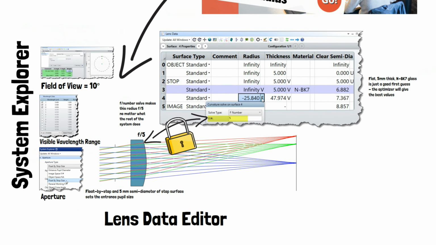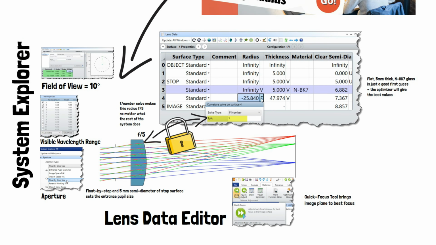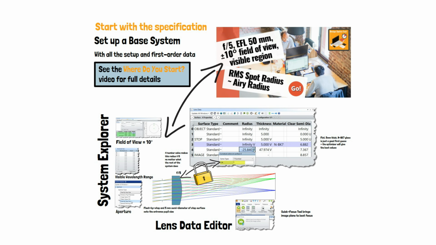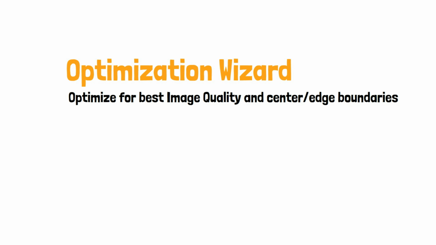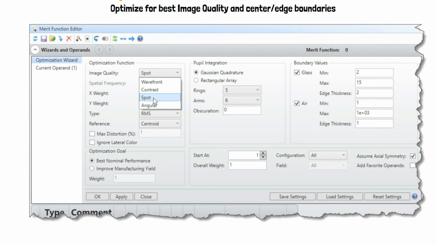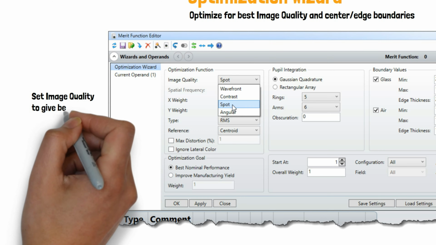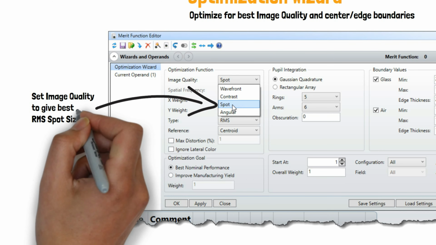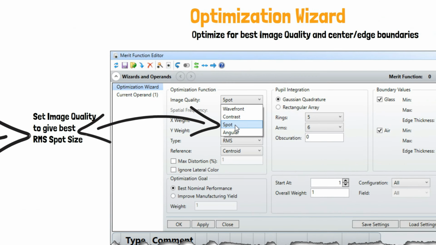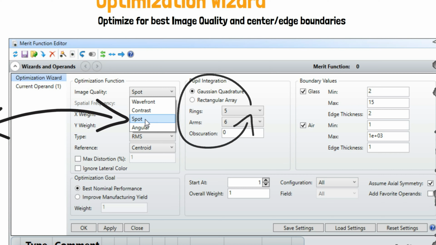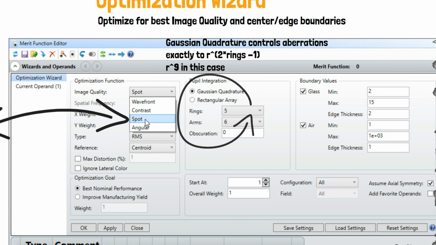This gives us an easily scalable template for any design involving a landscape lens. We optimized it for RMS spot size averaged over the specified fields and wavelengths, using a Gaussian quadrature method that is exact to r to the 9th in wavefront aberration, given the setup that we did in the optimization wizard.